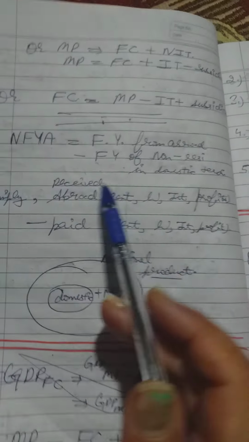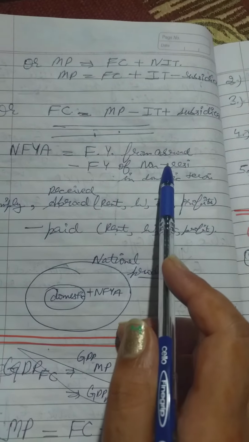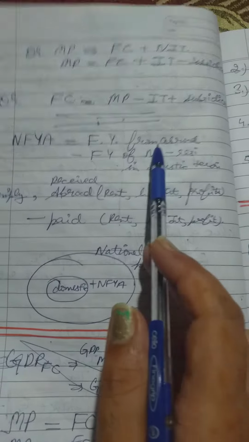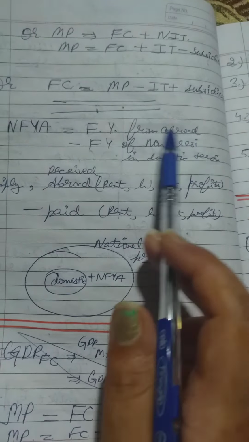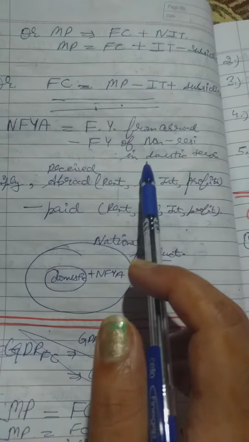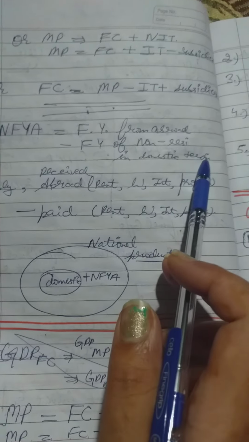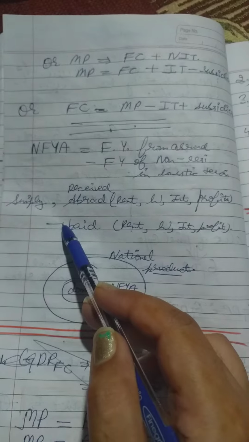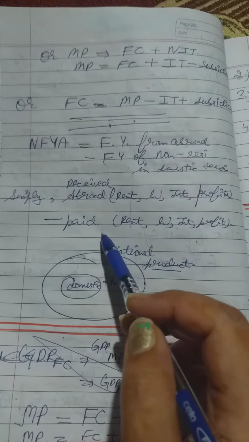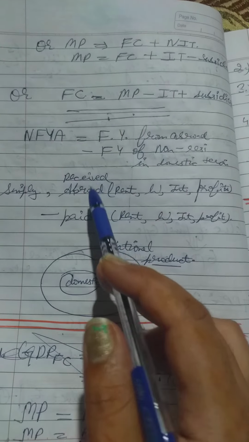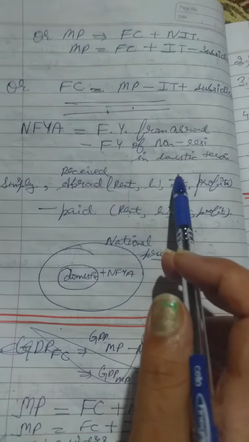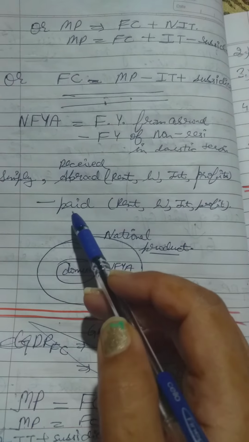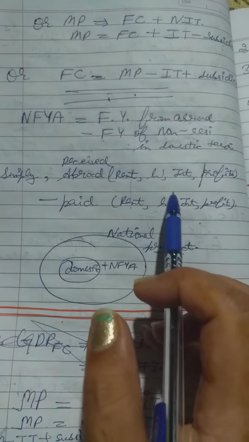Next we have net factor income from abroad. Means we have taken factor income from abroad minus factor income of non-resident in domestic territories. After that, simply we will talk about what is received minus what is paid. Means from abroad what is received, rent, wages, interest and profits, simultaneously minus what we have paid, means rent, wages,